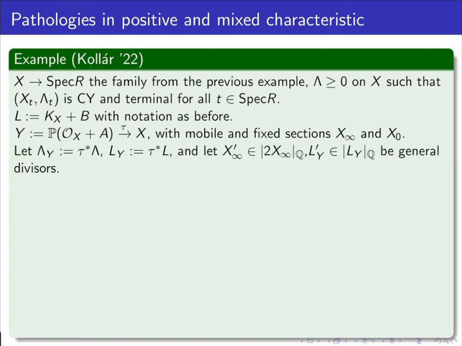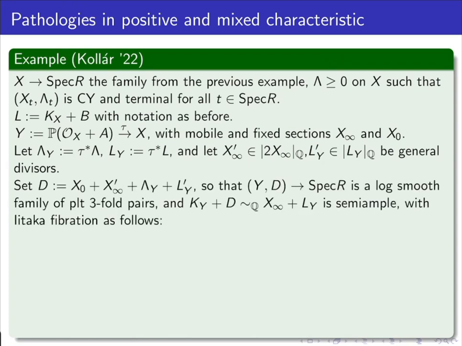Very well, and then we let Λ_Y and L_Y be the pullbacks of respectively Λ and L to Y. And we take X'_∞ Q-linearly equivalent to 2X_∞, an effective Q-divisor, and L'_Y Q-linearly equivalent to L_Y, again general enough so that the singularities are not too bad. And then if you set D equal to this divisor here,